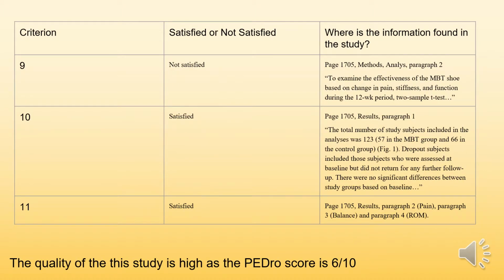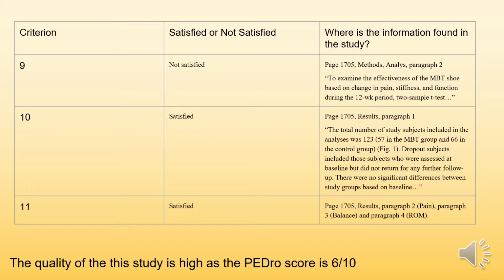The ninth criteria is intention to treat analysis, which is not satisfied. In page 1705, methods analyze, paragraph 1 discussed this. The 10th criteria is between group comparison, which is satisfied.